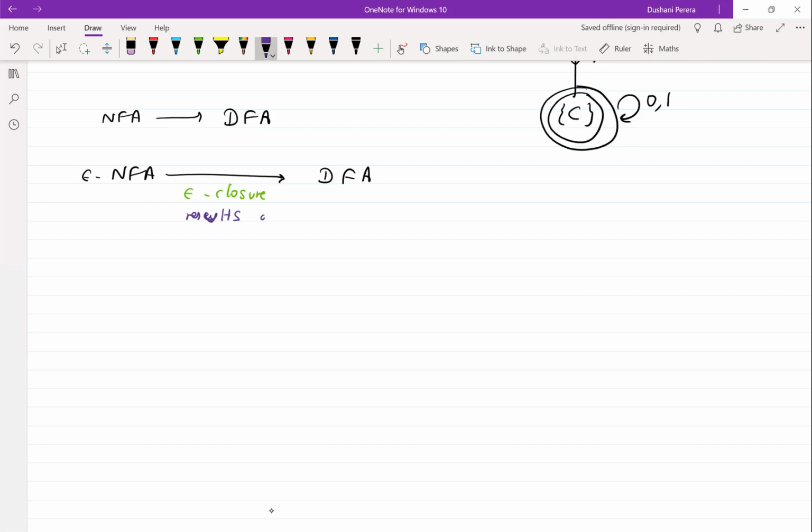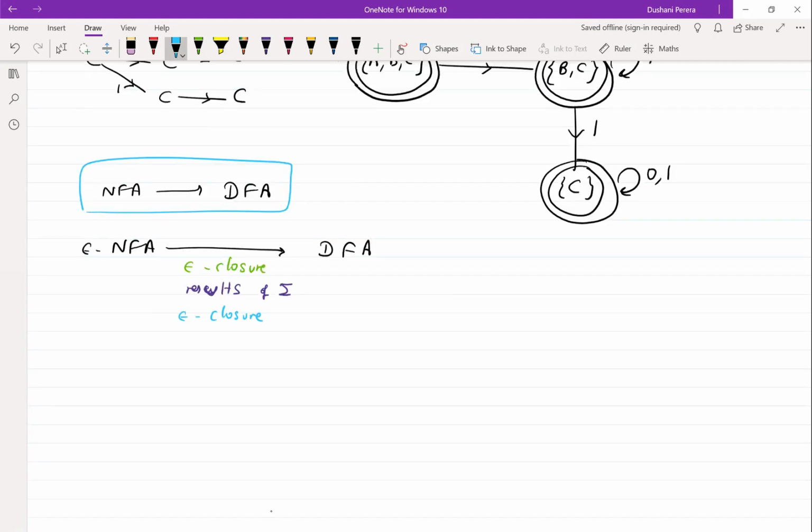applying the alphabet. We checked what were the resulting states that we got after we apply the alphabet to the epsilon closure. After that we got the epsilon closure of the resulting states again. Upon doing that, we filled the transition table. By looking at that, we filled the transition table for the DFA in the same way that we did here